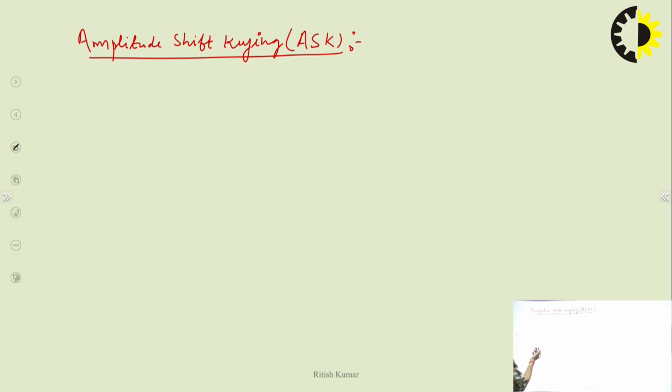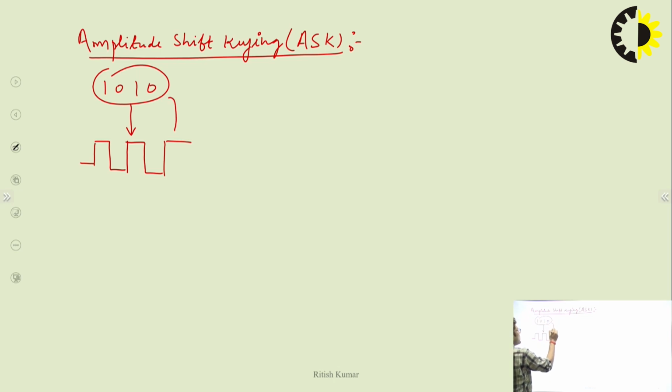Here we take the data as digital data in the form of 1010. This is binary data, and we have to represent it as an electrical signal, like this: 1010. This can be achieved with the help of